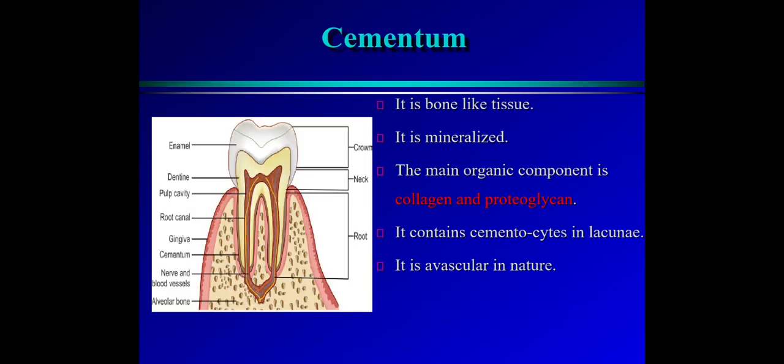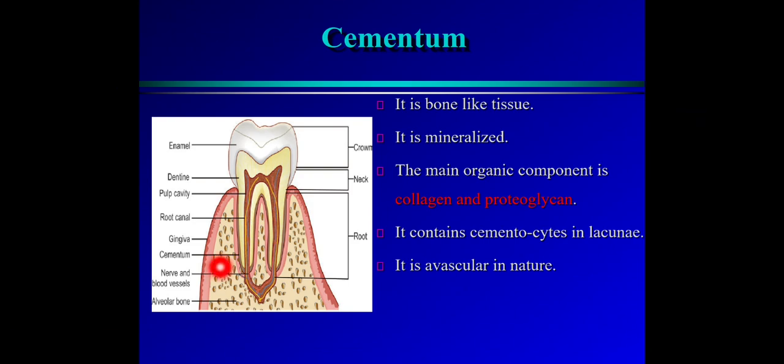That part is the cementum. That part present here after the enamel, that is the cementum. The cementum is a tissue similar to that of the bone. Just as the enamel covers the crown part of the dentine, the cementum covers the root part of the dentine.